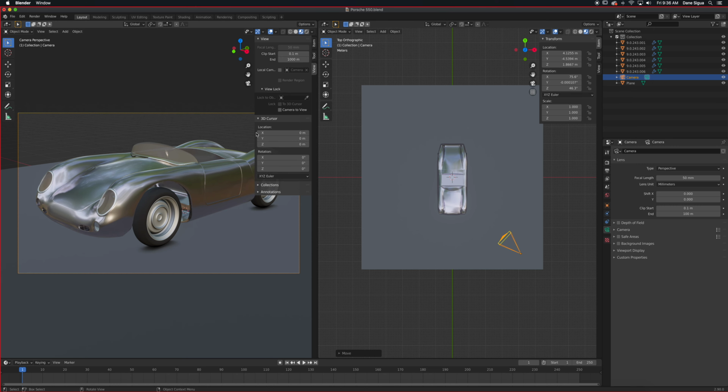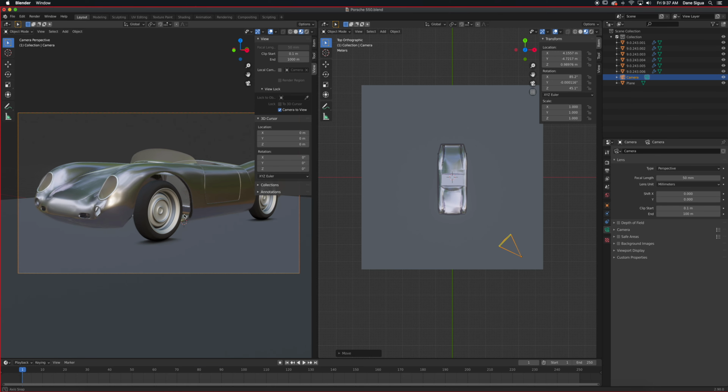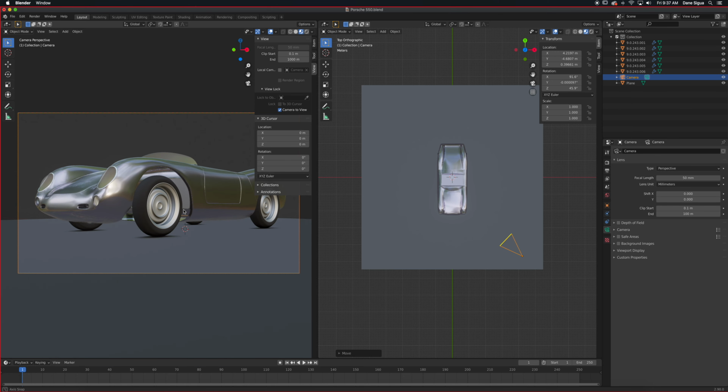Press N as in numbers and lock the camera view and do your own rotation right here. It's a lot easier because you're visualizing it, okay? You're really controlling the camera as opposed to here having to figure out what the angle is, what the pitch is, if you're actually tilting the camera, and so on and so forth. So it's a lot easier to control when you're operating it here, and then when you're done controlling, when you're